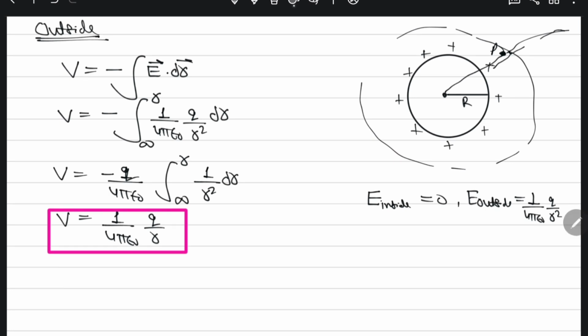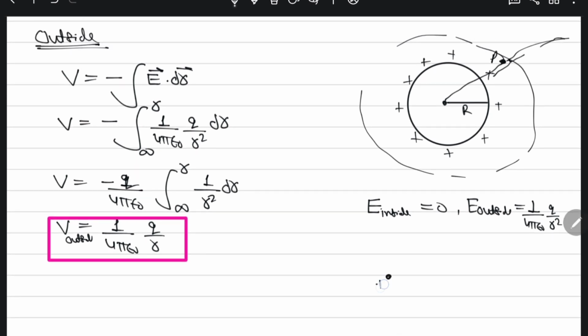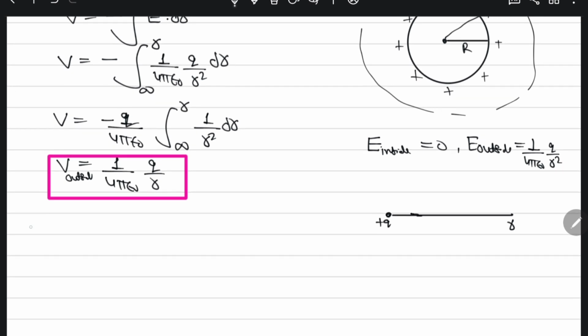One more important thing, we can remember this result. What is this result giving? If you take a spherical shell and find the electric potential outside at any point, it acts like a point charge potential. What they are telling is that you assume this whole spherical shell as a point charge at the center and you can find electric potential outside due to this point charge, right?